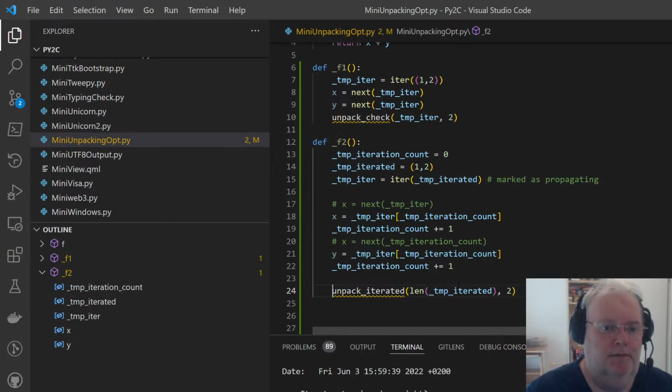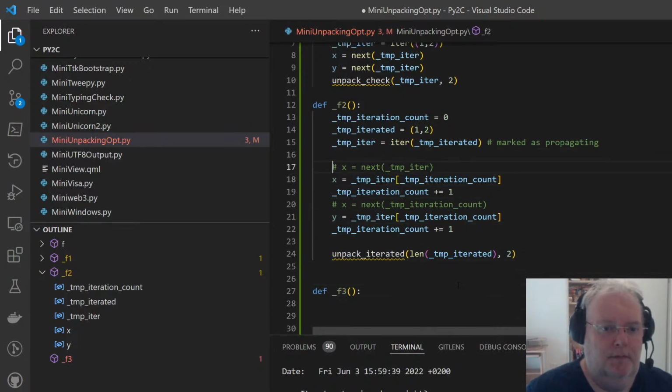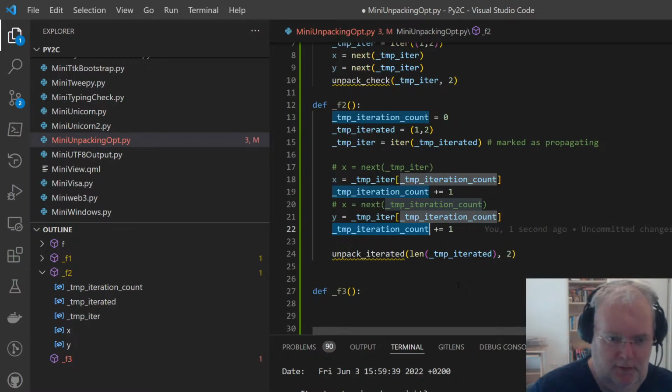Actually, this works like this. Takes the length, because it also has a length. And that's here something that will be optimized statically, potentially, and the value tracing should actually, in the next step, do it like this: def f3. I think the actual count doesn't matter, but we can work off the actual length.